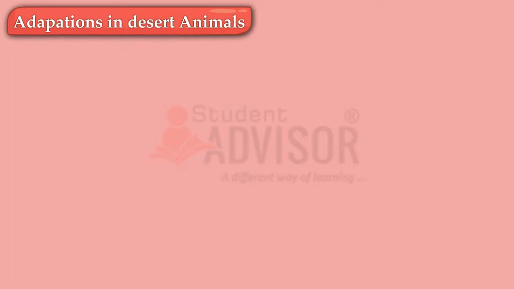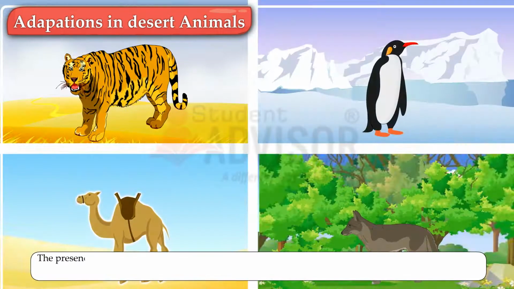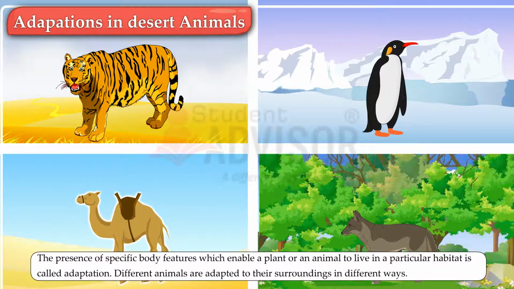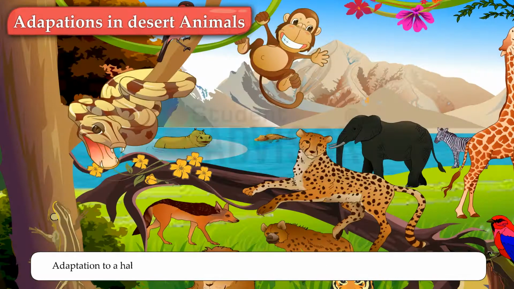Adaptations. The presence of specific body features which enable a plant or an animal to live in a particular habitat is called adaptation. Different animals are adapted to their surroundings in different ways. Adaptation to a habitat does not take place in a short time. Some of the examples of adaptation are